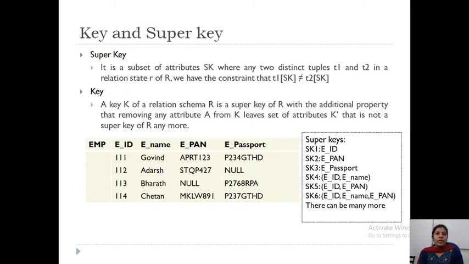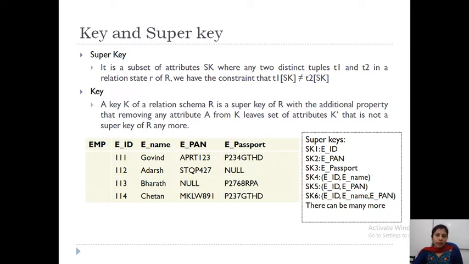If I take the example here, employee ID, employee name, is it a minimal super key? How to check? For example, I have employee ID and employee name together as a super key. Now, if I remove employee ID, then what happens? Only employee name is there. So using employee name I can't identify. But suppose instead of removing employee ID, I remove employee name, then what happens? I will get only employee ID. Correct?